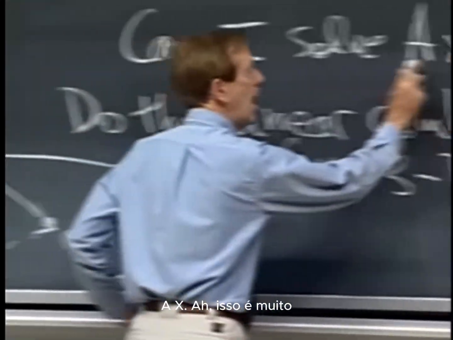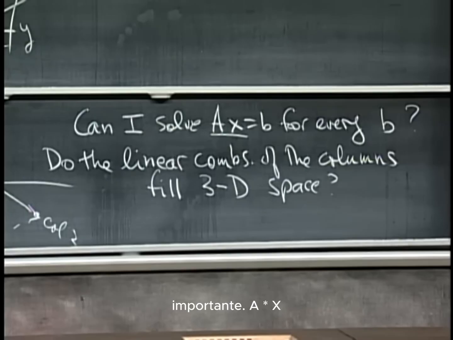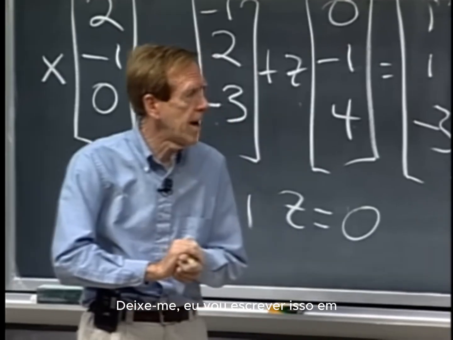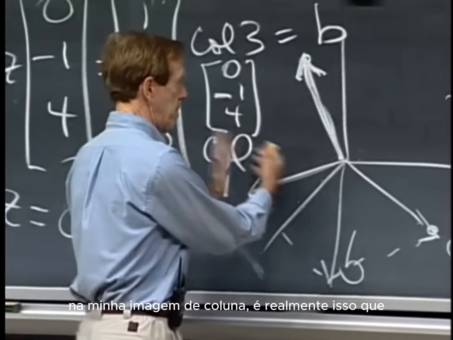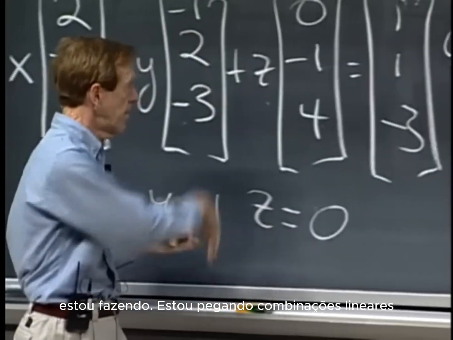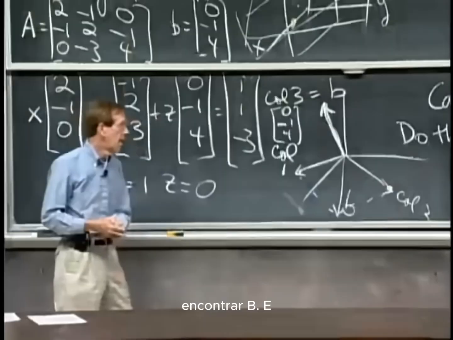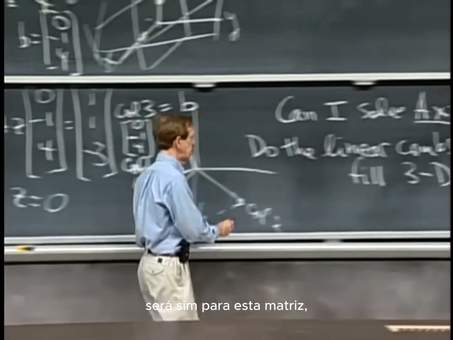Solving AX, oh, that's very important. A times X, when I multiply a matrix by a vector, I get a combination of the columns. I'll write that down in a moment. So that, you see, in my column picture, that's really what I'm doing. I'm taking linear combinations of these three columns, and I'm trying to find B. And actually, the answer for this matrix will be yes. For this matrix, for this